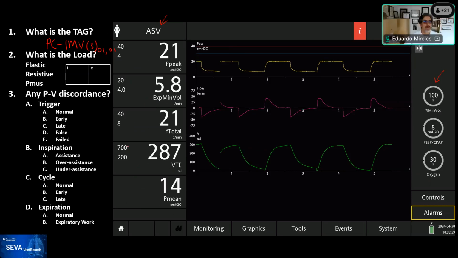Thank you, Rob. So now that we know what it is, let's move on, and we'll show a little bit more about this mode in a second. But what is the load for this patient? What do you guys think? Elastic, resistive, or is there presence of PMOs? Yeah, good job both. So elastic during inspiration and expiration, and the rationale for that, you can see each one of these is 1 second,